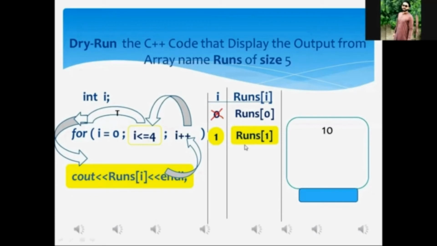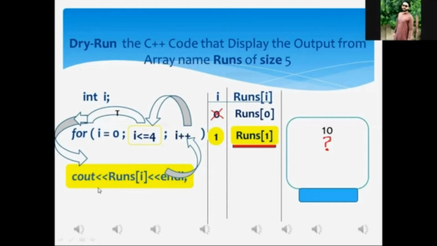Yes, my dear. And as a result of the cout statement, whatever has been stored in the second memory location of the array must be displayed onto the screen. Is it so or not? Yes, sir. And what will be displayed onto the monitor screen? Whatever has been stored in the second memory location of the array must be displayed onto the screen, my dear. Did you get it? Yes, sir.